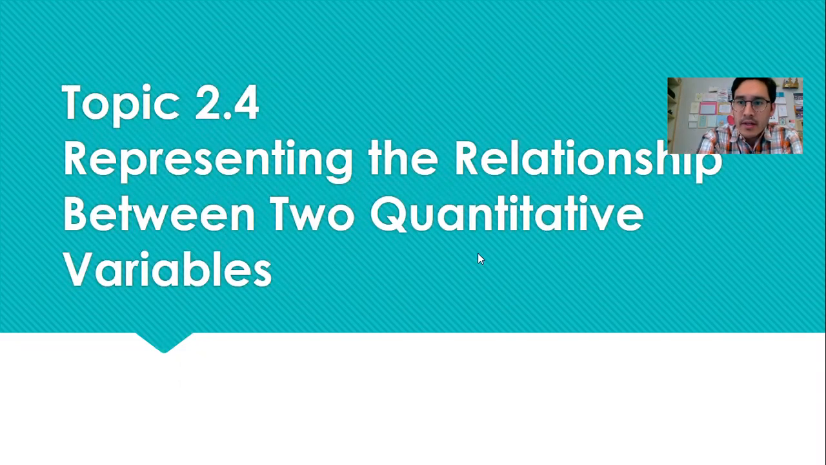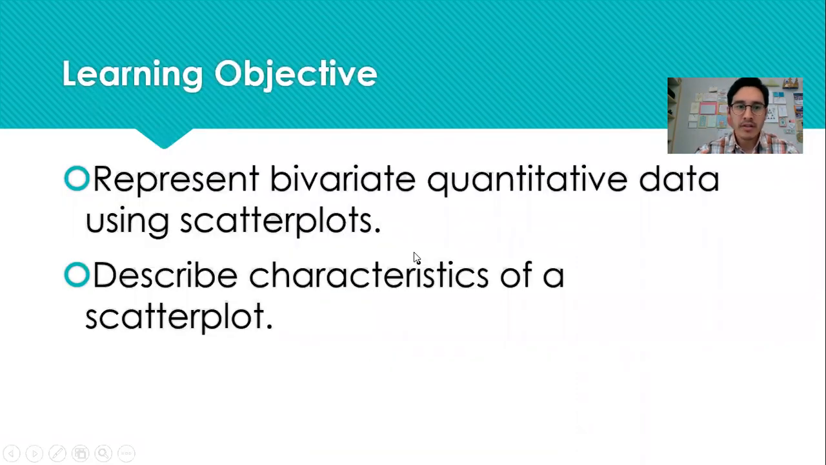All right, hi there. In this video, we're going to address topic 2.4, representing relationships between two quantitative variables. Our objectives are to represent bivariate quantitative data using scatter plots, and then to describe the characteristics of